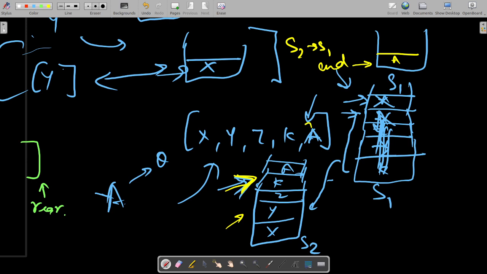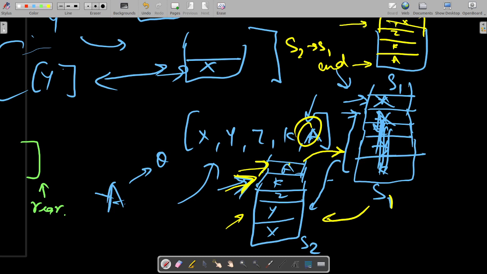Okay, I wanted a at the end, so what I did, I pushed all the elements of s1 to s2 and then pushed a in s2, and then when s1 became empty, I pushed all the elements of s2 to this s1. So now a is pushed, now I have k, now I have z, now I have y and x.